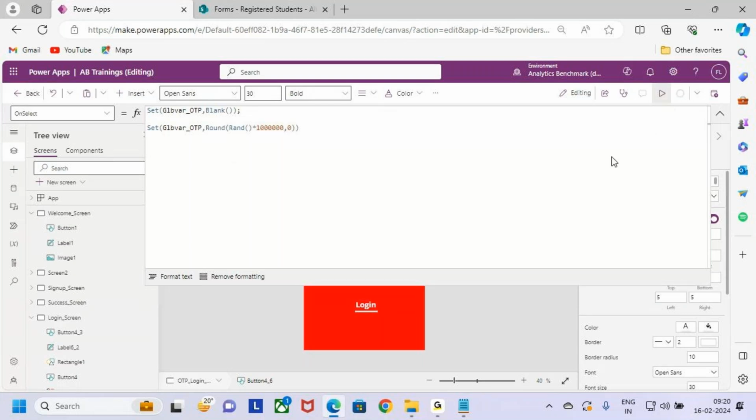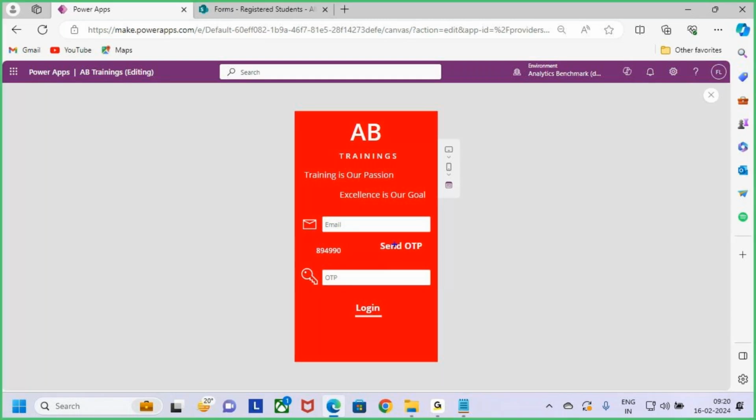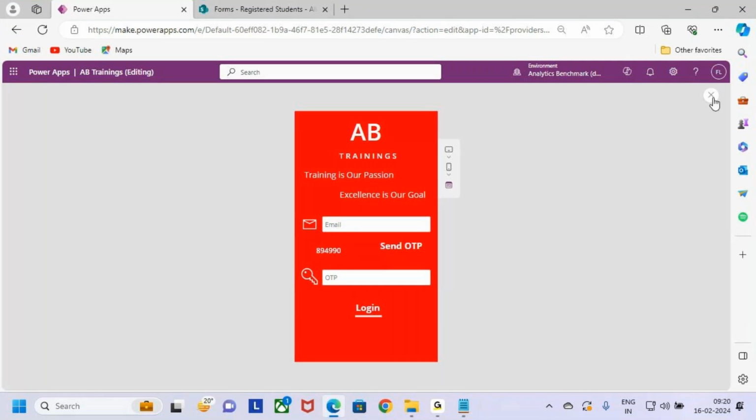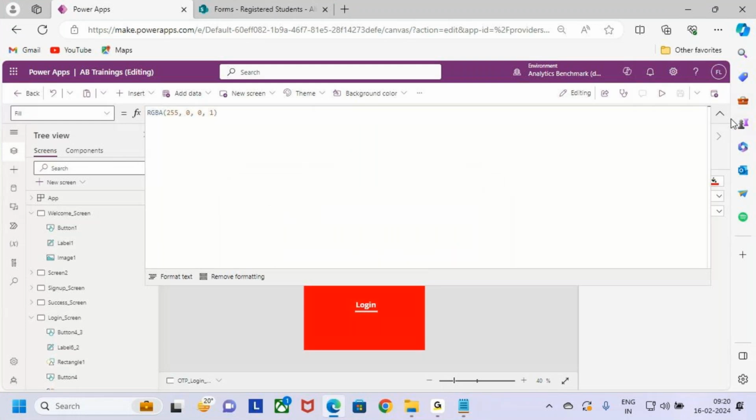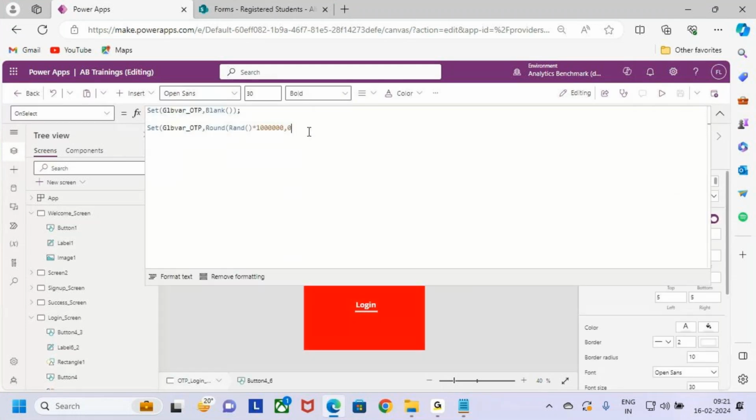Now when I go and click on it, it is generating one OTP here. With the help of the rand function, I'm generating one OTP. Now whatever the OTP I'm generating here on select of this button, this OTP I want to send to the user to log into that app. So how to go and send it? If you want to send the OTP to the user, go to this button. Now once after generating the OTP,